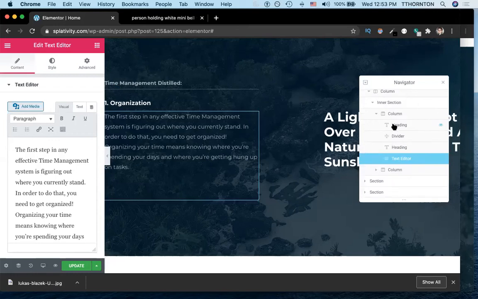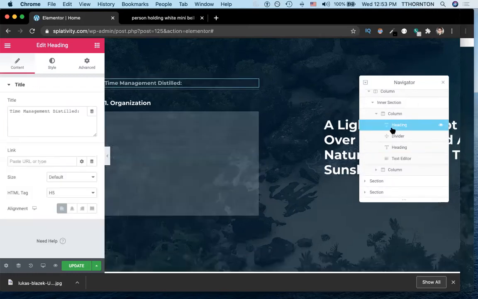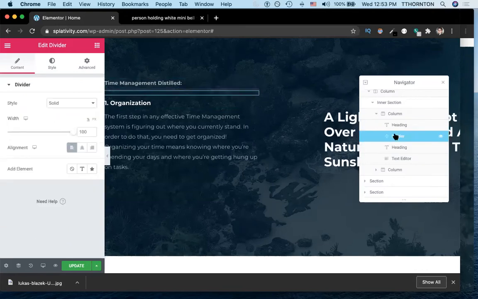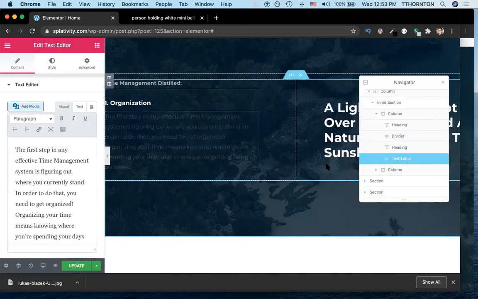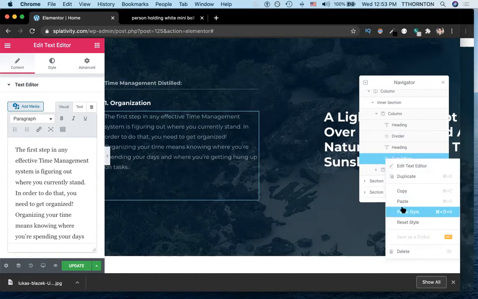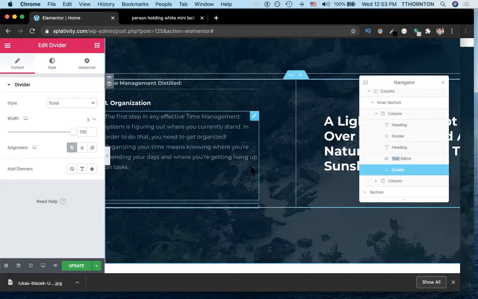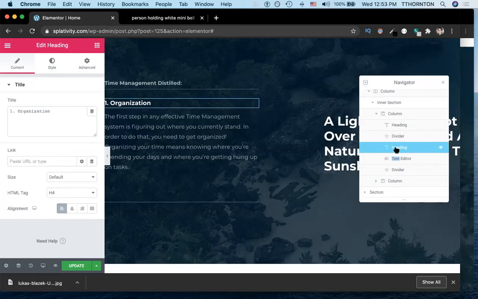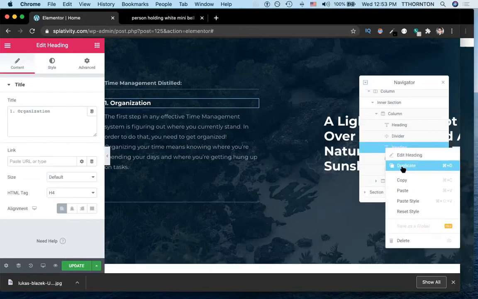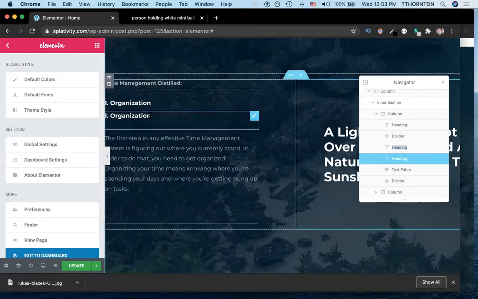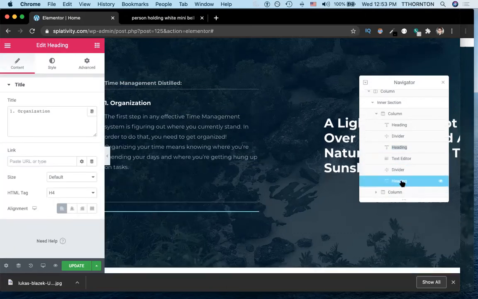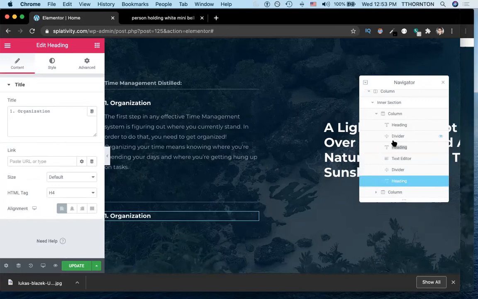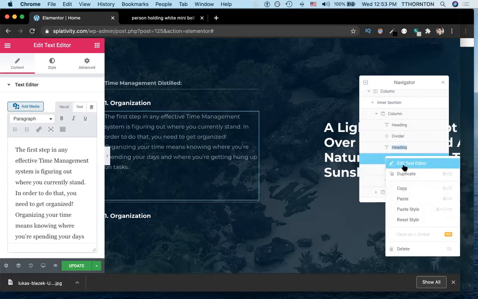So here we have this section here, and you can click on the individual items, and you could go ahead and copy that, and then you could go and paste that here, like that. And then we could go here, and we could even duplicate it, and then we could just select this item and drag it down below our divider, and then we could duplicate this item,